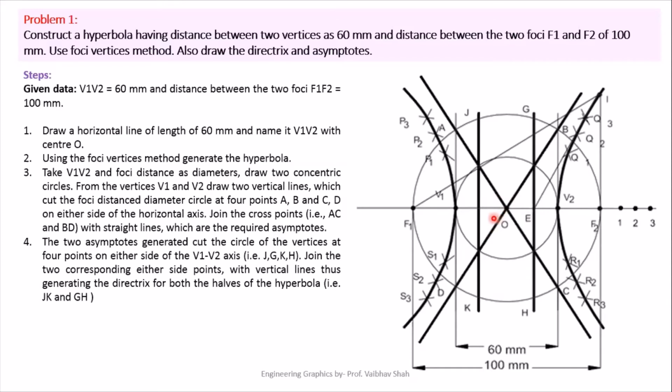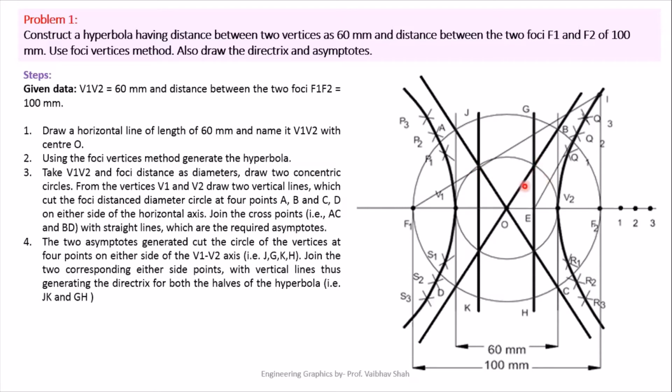Now let us move to the procedure for the directrix. How to plot the directrix? For drawing the directrix, we must take the distance OV1 on our rounder. Once again, with O as a center, draw one circle like this, which must pass through vertex point V1 as well as vertex point V2. This circle will give us the directrix. How? Let us see. We have previously drawn one cross, and this cross will intersect our smaller circle somewhere here.